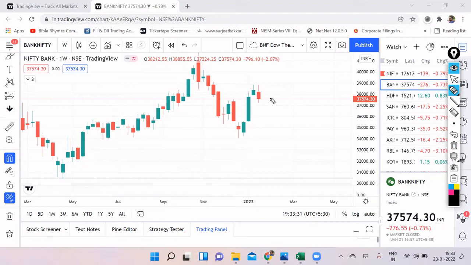So right now Bank Nifty is here. To find a support on a weekly time frame, I check out for a nearest indecision candle. So the nearest indecision candle is this one. Okay, so the high of this indecision candle can act as a support, because here it tried to break it, then it came down, and then it broke this particular level strongly. So now this particular level can act as a support. So let's try and see what is that particular level. So the high of this candle is